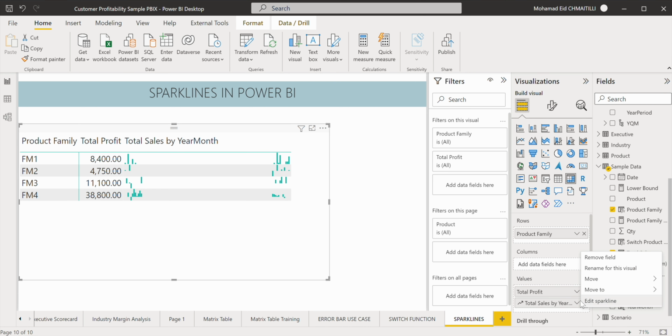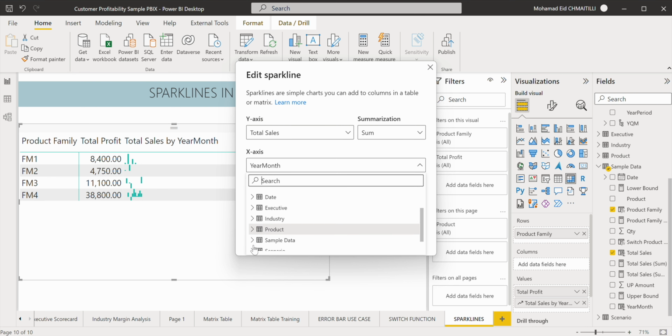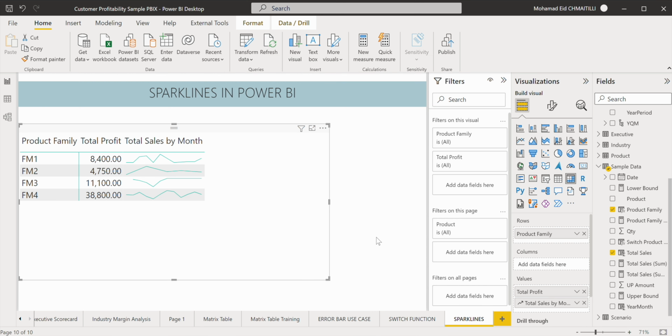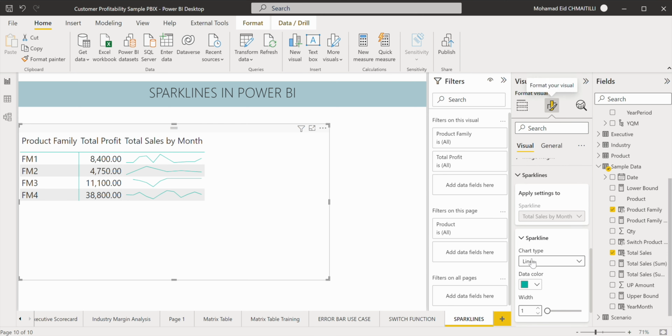Let's go back to another better visual. So edit Sparklines, and I'm going to go back to the sample data, and I'm going to use again the month, which was visually more appealing to me. So you can see here, I can go back to Sparklines in the format visual,